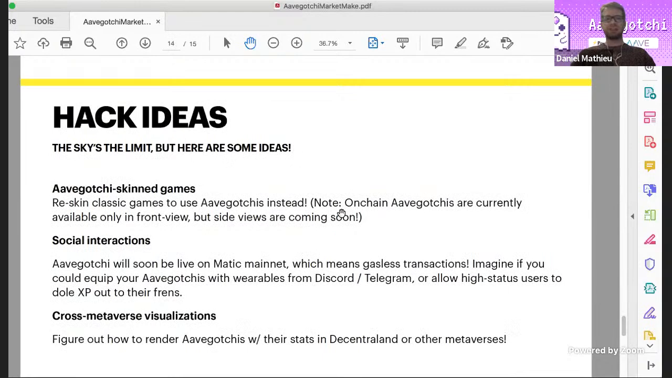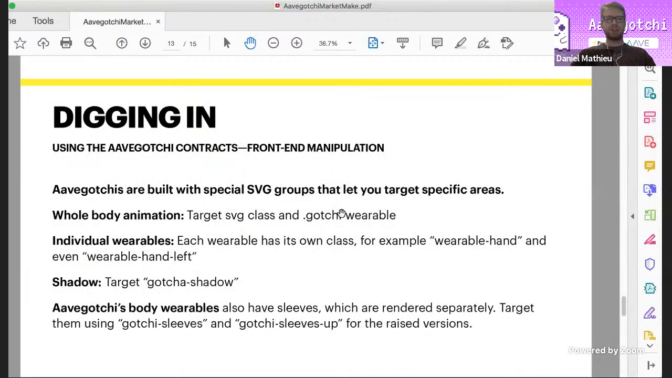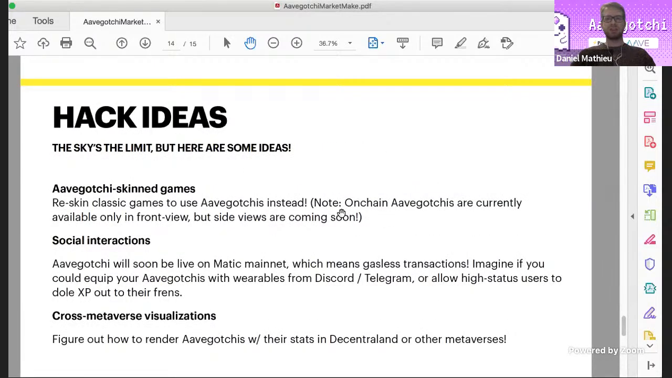So really, that's the end of the overview. There's a lot more, and our contracts are pretty well documented, and docs.aavegotchi.com has a lot of good resources as well. But I real quick just wanted to go over some hack ideas for things that we would be interested to see. Pretty soon, probably the end of this quarter or next quarter, we're